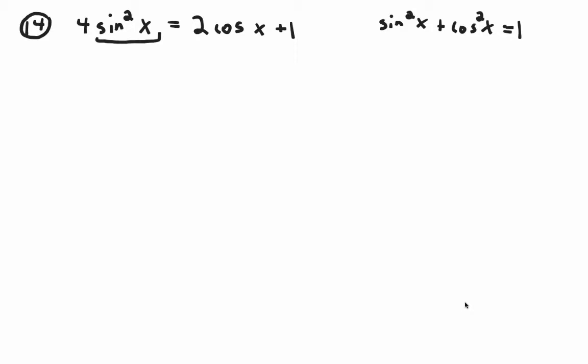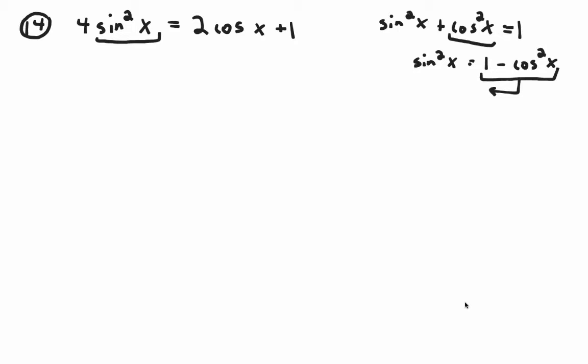And I just want to solve this for sine squared x. So I'm going to bring this to the right side, this over. So you're going to subtract cosine squared x. So you're going to have sine squared x equals 1 minus cosine squared x. Now you're going to take this, plug it in over there